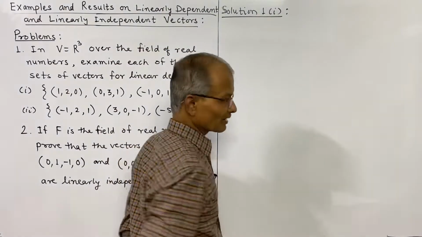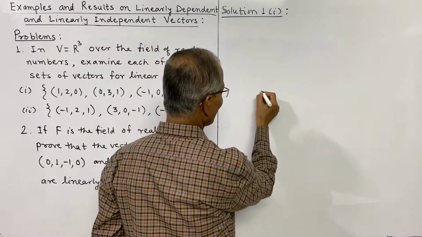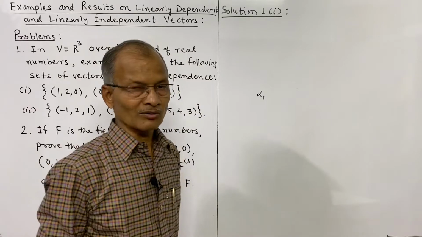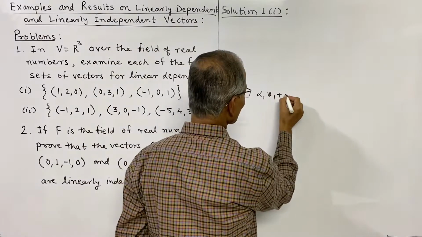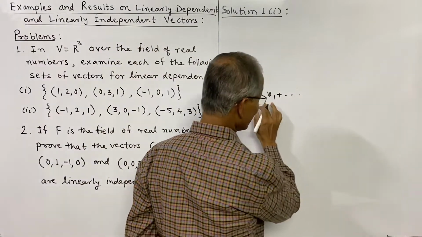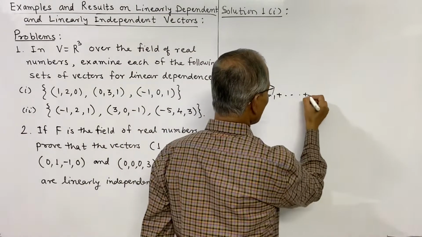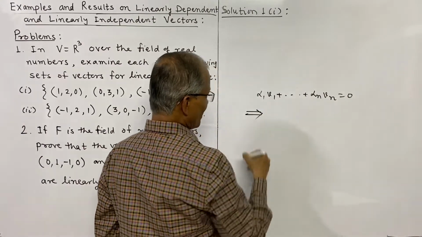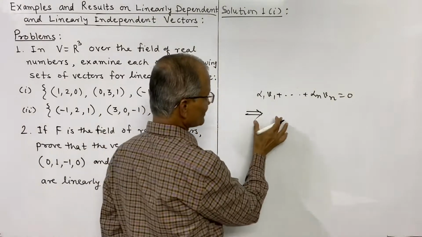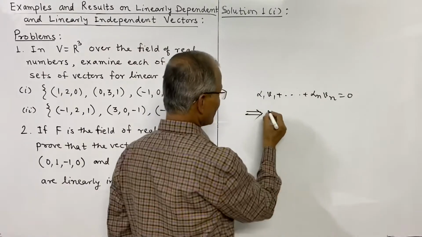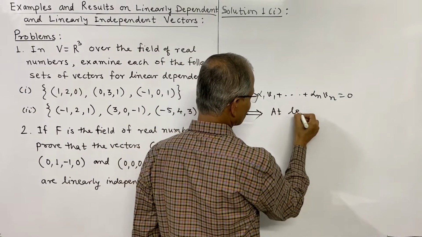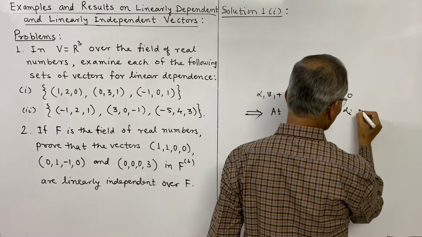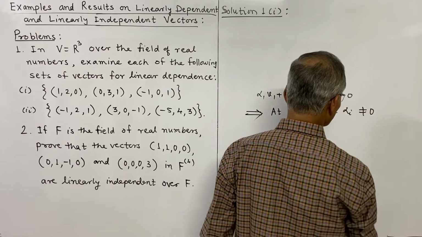If the set of vectors is v1, v2, ..., vn and we consider its combination with scalars alpha 1, alpha 2, ..., alpha n, and if alpha 1 v1 plus ... plus alpha n vn is equal to 0 implies at least one alpha i is not equal to 0,